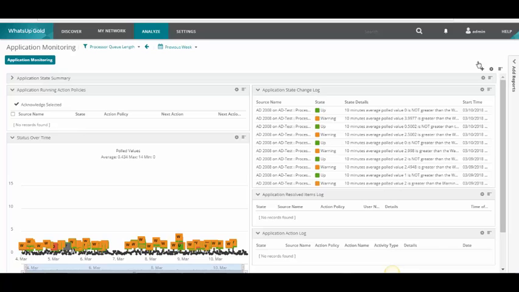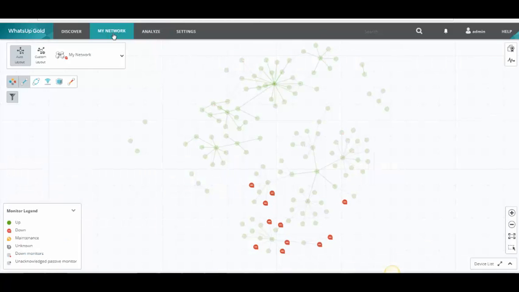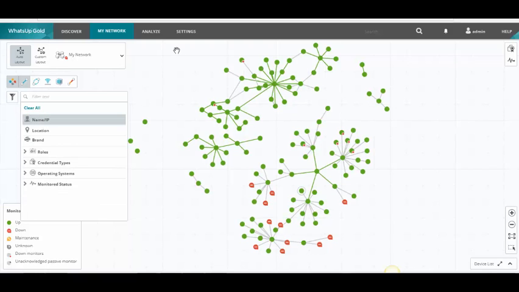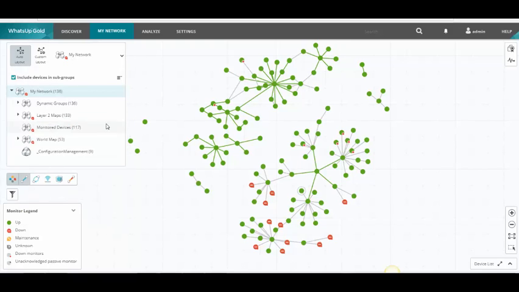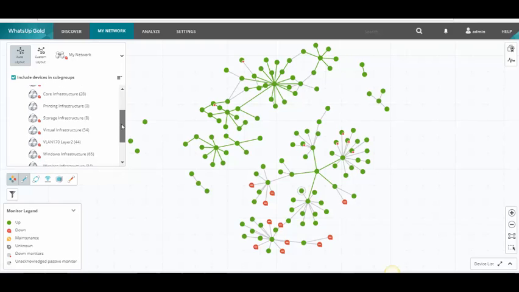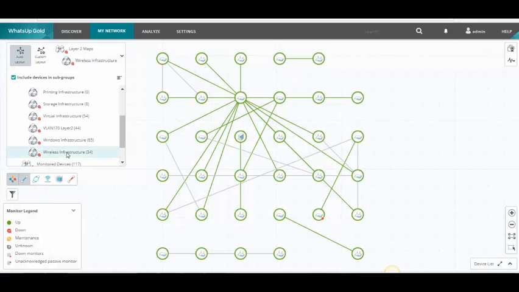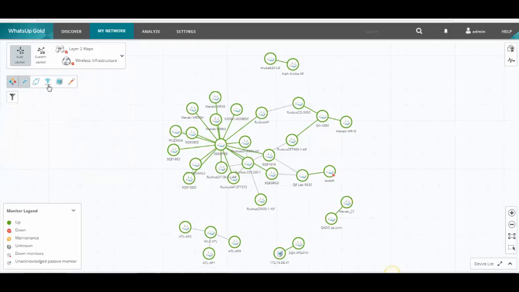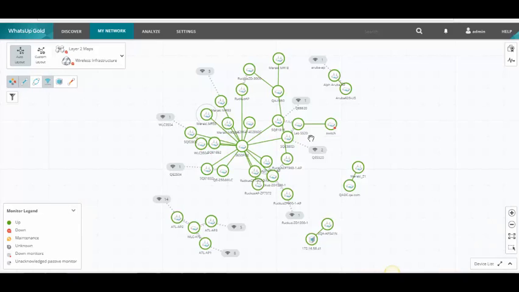giving you the ability to look at an application as a whole. Another component of WhatsUp Gold that is always available is the ability to monitor your wireless environment. In WhatsUp Gold, we're going to understand what devices comprise your wireless environment, and those will be displayed in our Layer 2 maps as well, and we can click on that. And then we can apply what's called a wireless overlay. And in this way, we can better understand what's going on with our wireless environment.